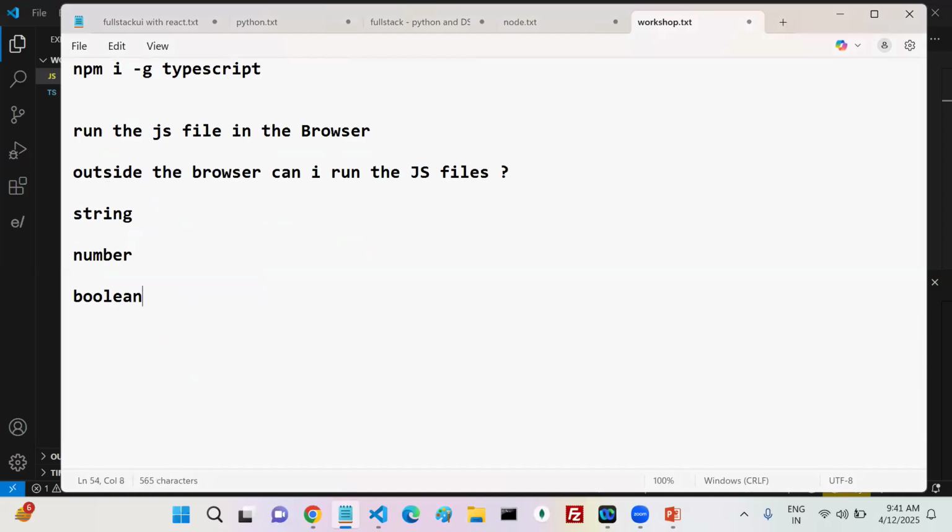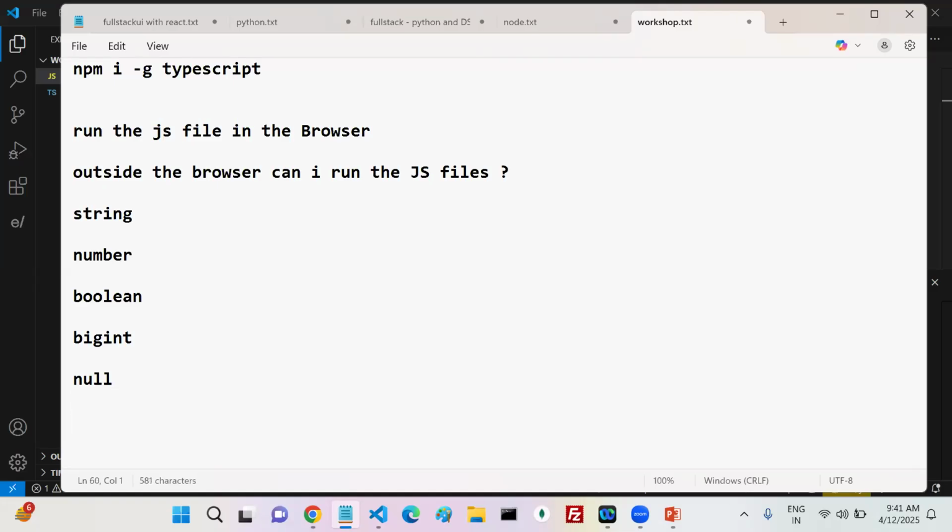The next one is bigint also. If there is nothing, no value, then the type you can mention is null.